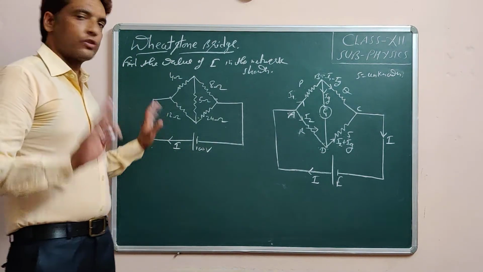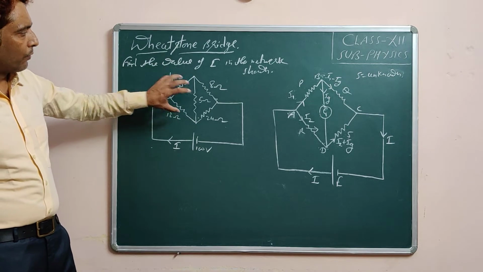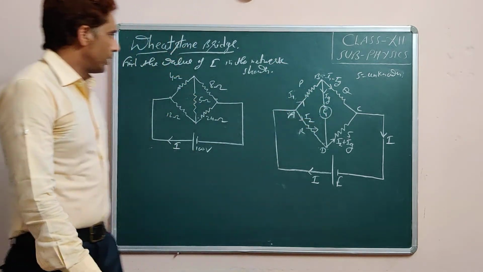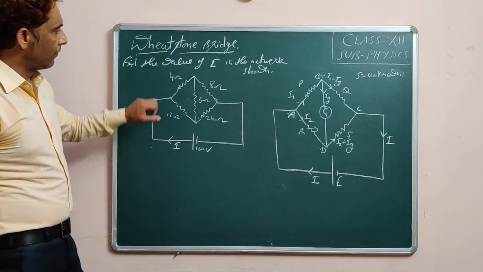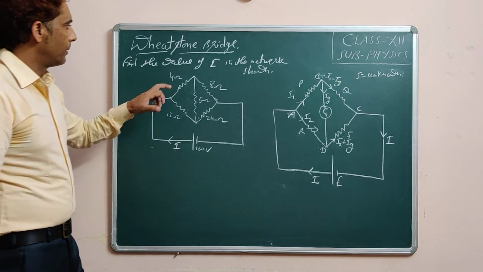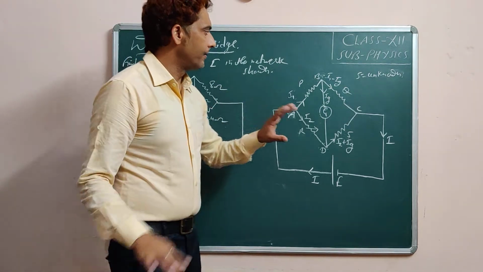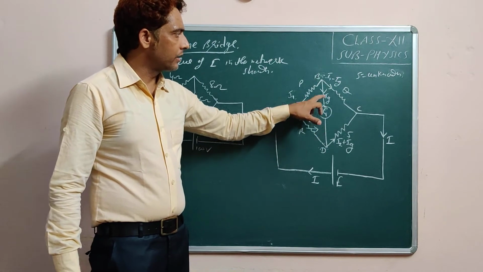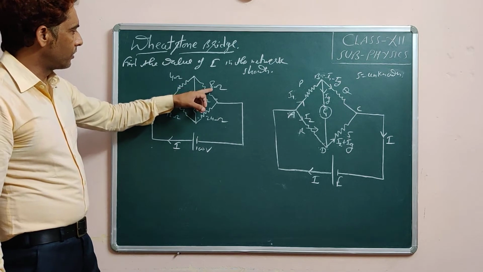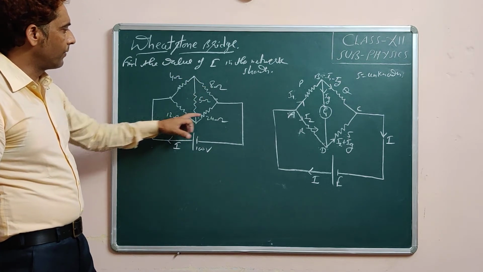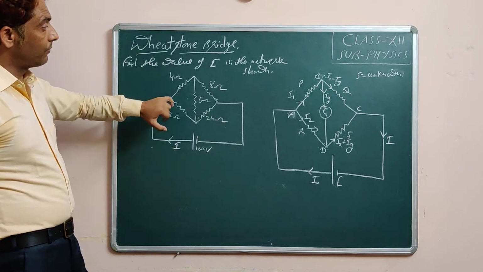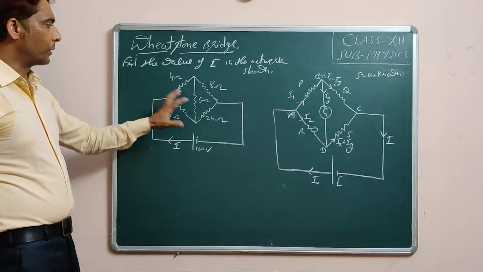Now in such questions you can see the shape of this network is the same as that of this Wheatstone bridge, and if we see the ratio of these resistors here, as I said, when the bridge is balanced, in that case current through this branch is 0. So here 4 by 8 is equal to 1 by 2, 12 by 24 is equal to 1 by 2. Means this is the case of a balanced Wheatstone bridge.